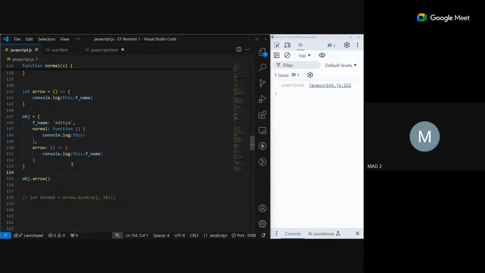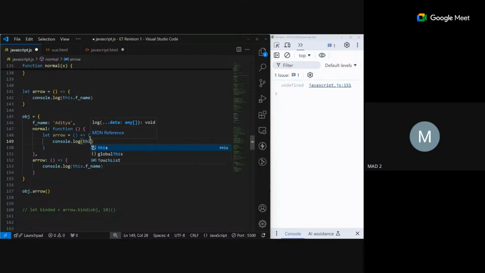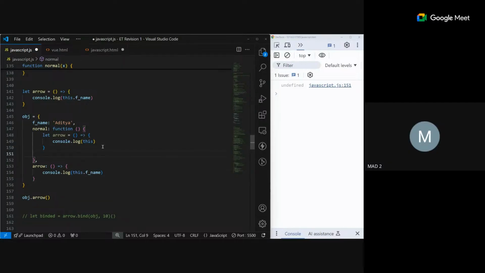Okay, so let me do that. Since a normal function changes the context, inside a normal function, this is changed. The context is changed. So if I define an arrow function over here, let arrow equal, and console.log this, what would happen? Nothing would happen here. If I call it over here,